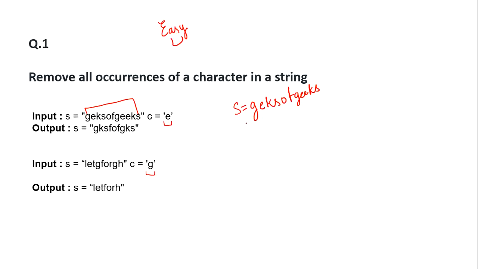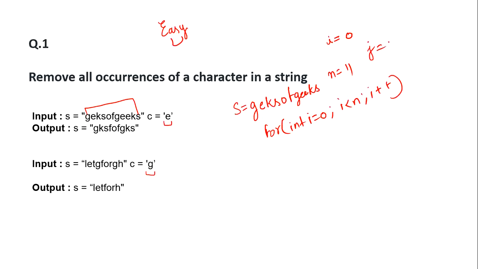Now what we have to do, just go through all the characters of this string, right? And what we can do, just take a variable, initialize it with 0 and go through all the characters of this string one by one. And whenever you find this character that is given by the user as input, for example here E, just skip this one, right? So let me simply tell you the logic. First we have to determine the length of this particular string, 1 2 3 4 5 6 7 8 9 10 11, right? So int i equal to 0, i less than n, i plus plus.